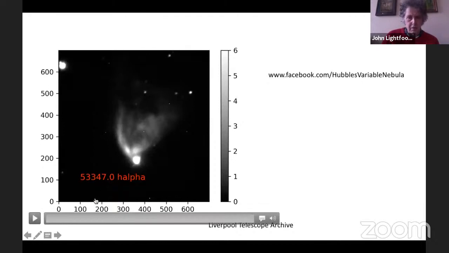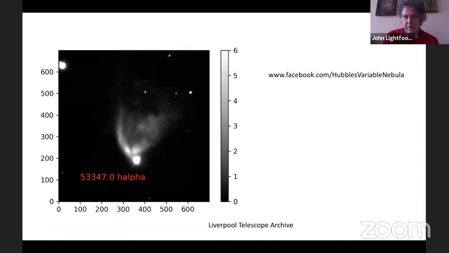So, to show, this is the very last slide. This is Liverpool Telescope data from the archive, so it's nothing to do with me. I think most of it was taken by the schools project, always in H-alpha over about the last 20 years. And all I've done here is put the images in order and make a film of them. So time isn't flowing smoothly in this case.